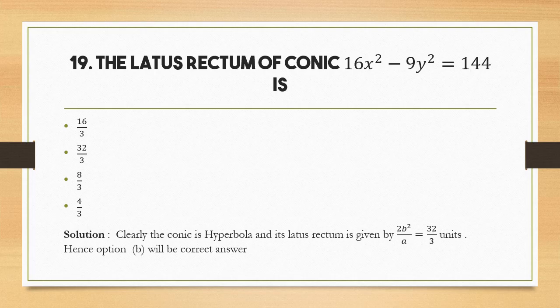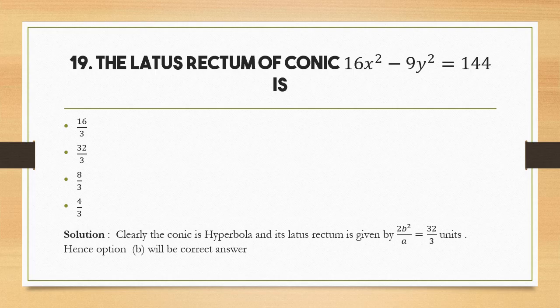Therefore a square is 9, because when you divide this equation 16x square minus 9y square equals 144, you will get x square by 9 minus y square by 16 equal to 1. Therefore you got a square equals 9, b square equals 16. Therefore a square is 9 means a is 3, b square is 16 means b is 4, but I want